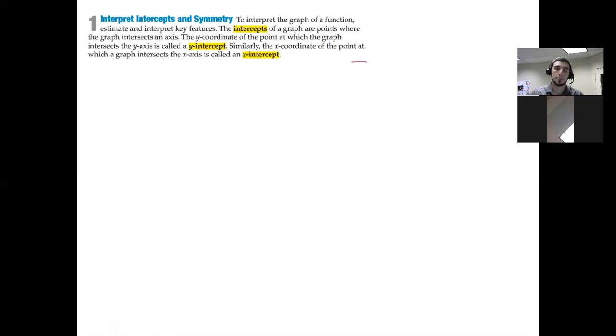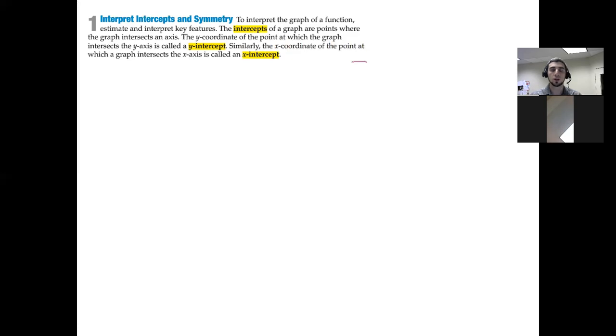To interpret the graph of a function, estimate and interpret key features. So in order to interpret the graph, there are some key features that we're going to look at and interpret what they mean. Most of the graphs, lots of times, particularly in this section, are involved in a context. There's a situation surrounding it that the graph is going to model. So it's important to not only identify these characteristics, but what they mean in the context of the situation that